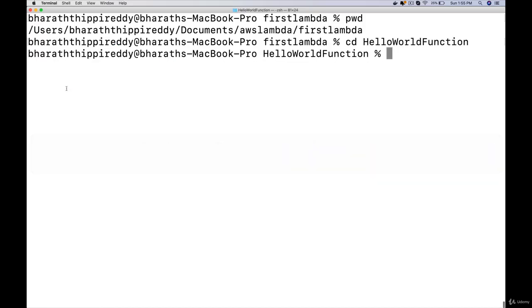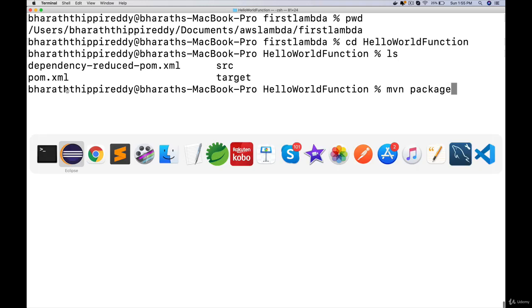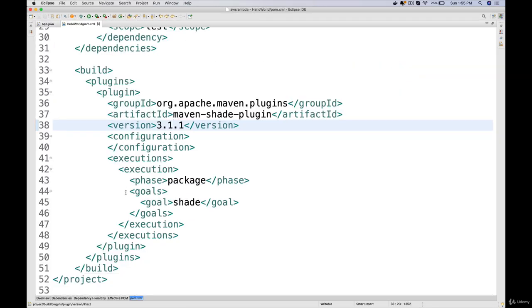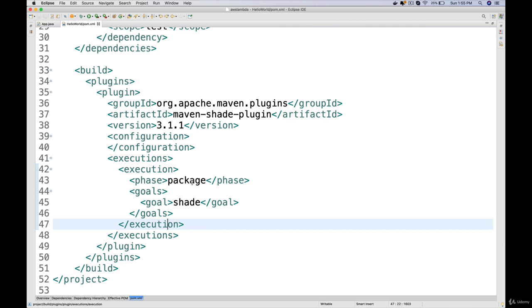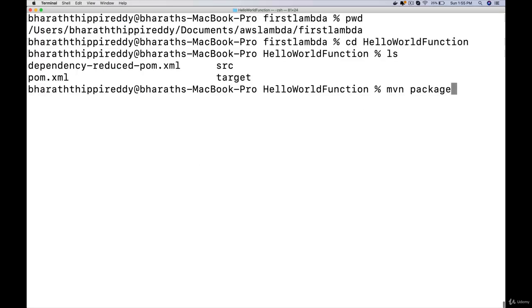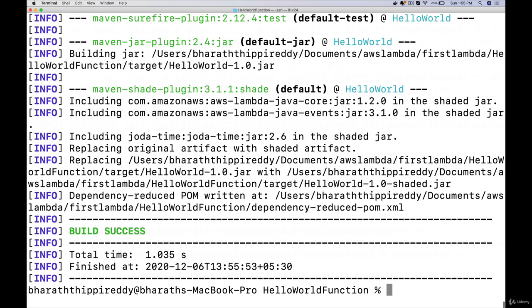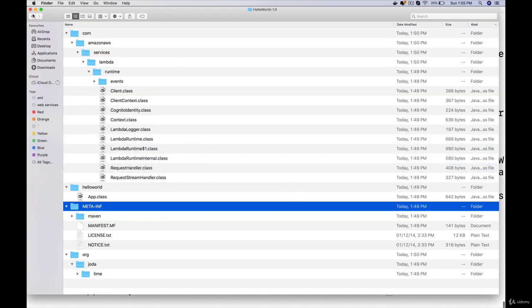Now go to the command line under the project where you have the pom.xml, and execute Maven package. Package is the goal that will package our project, but if you see, it will trigger the shade goal as well. That is how the shade plugin is automatically configured. When the package is run, when our project is being packaged, it invokes the shade plugin. And now if you go to the target directory of your project,